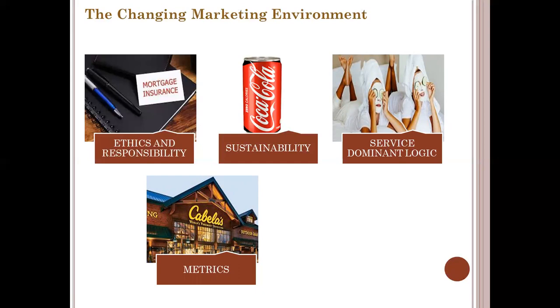Cabela combines data from web browsing activity with purchase history in order to determine what the next best offer is likely to be. So using the data from many sources, they can build more effective metrics that can be used to create better offerings, better communication plans, and so forth. By browsing the purchase history, they would know which products are most likely to be purchased and which products are not most likely to be purchased.